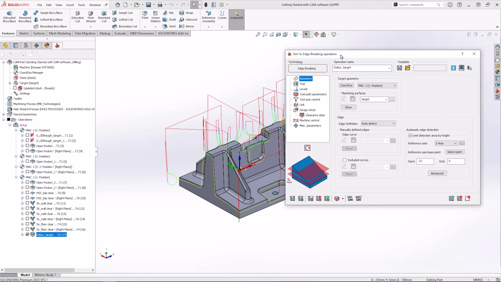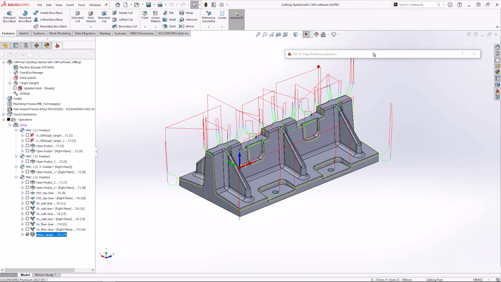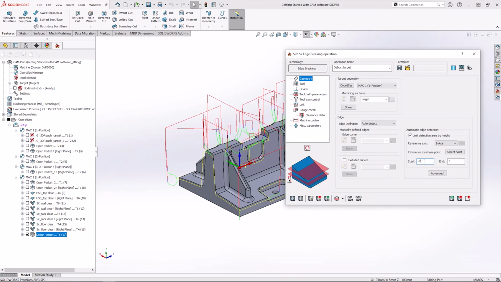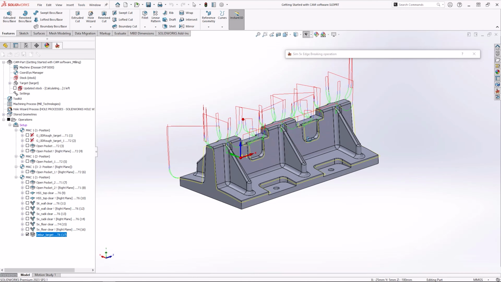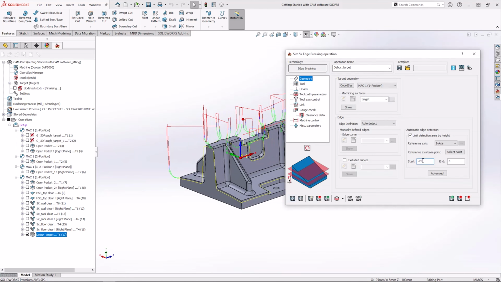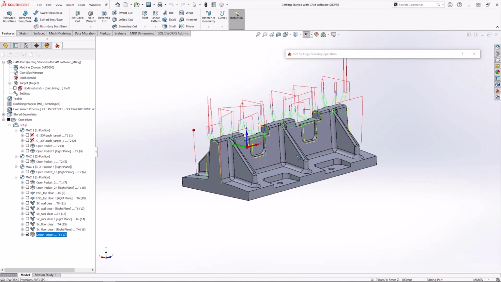Moving out of the SolidCAM simulator and turning on the toolpath, we can see it's done a great job of edge braking so far, but the vertical section at the bottom of the part may want getting rid of. This is a really easy thing to do. In automatic edge detection, we can limit by height, and simply from changing that from 27 to 25, we can get rid of those. If we wanted to go further, obviously we can raise that further, so to -20 takes the bottom edge out completely, and you can see all of those top surfaces remain to break.